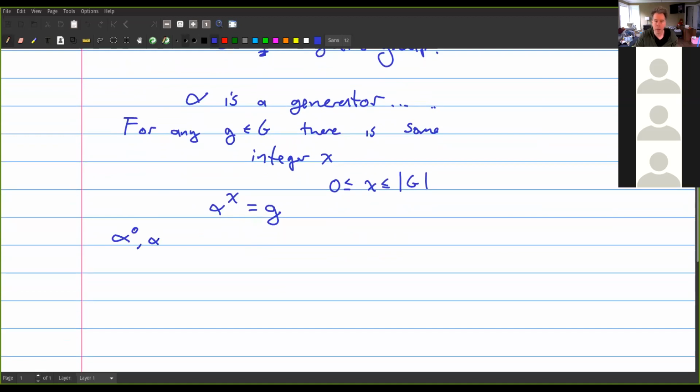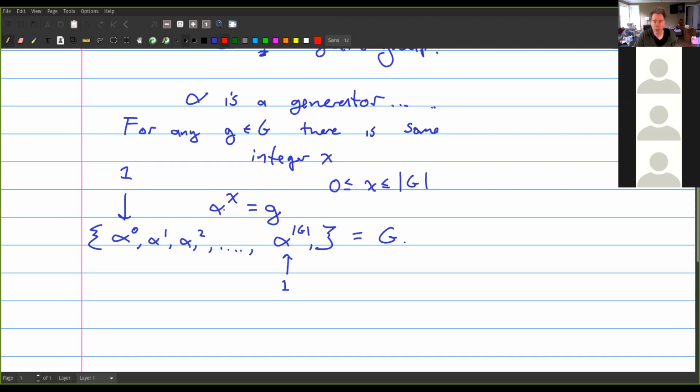So if I write alpha 0, alpha 1, alpha 2, and so on, all the way out to alpha to the cardinality of G, there's just going to be a repeat here, because this is going to be the identity element, which I'll call 1. And this is also going to be the identity element. So it kind of loops around. But this, as a set, will be equal just to the group. So every element of the group is alpha to some power,